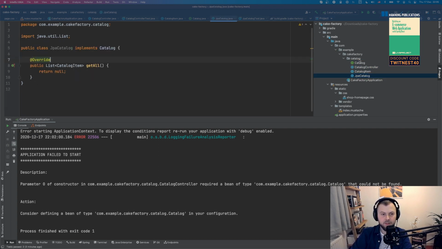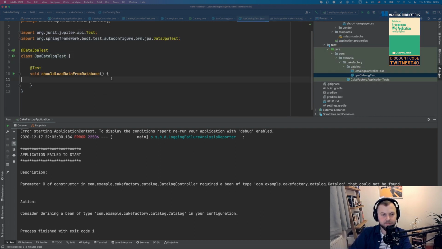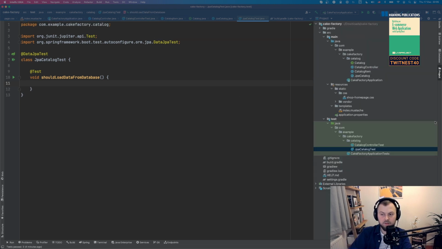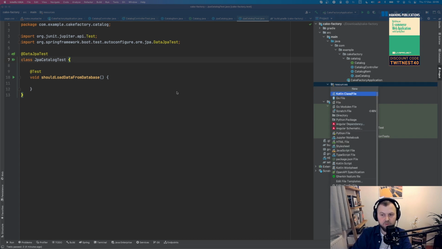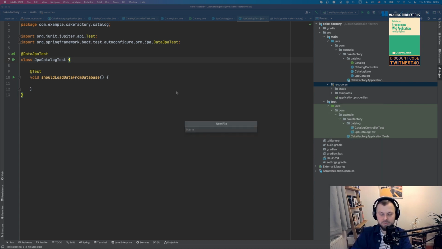So again, go back to our catalog, go to the test, and let's say, remember this given-when-then, let's write a test first. So we say, let's say when we have data in a database, right? I'm going to trick a little bit in here. So I'm going to use another cool feature of Spring Boot. You can use plenty of tools for loading the data into your database. You can use migrations, you can use plenty of tools actually. But again, for this example, for the stream, I'm going to be using Spring Boot's own mechanism for that. It's called Spring Boot data initialization.